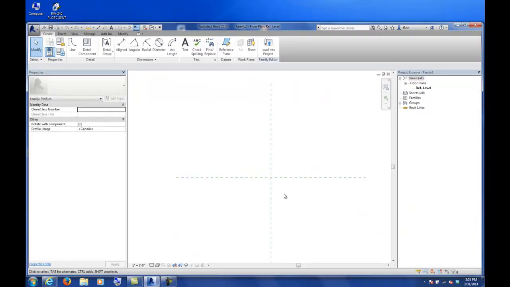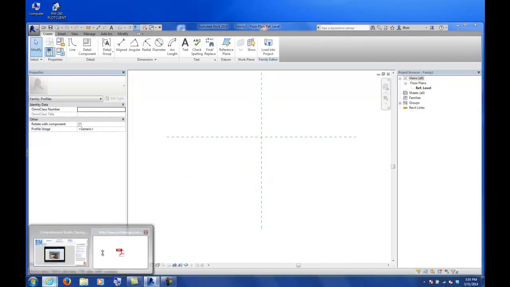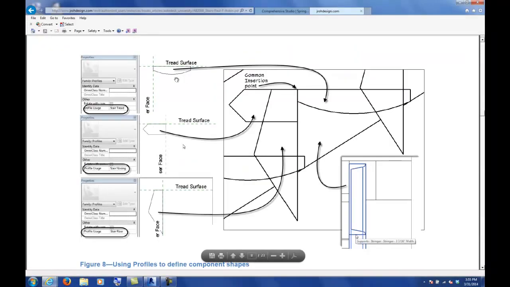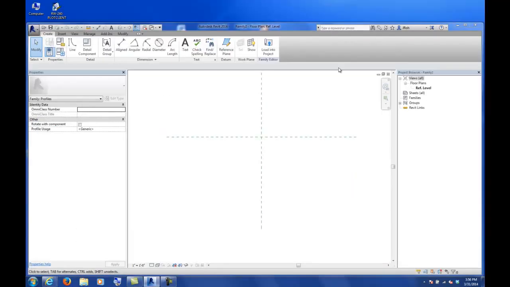Now remember that diagram, which I still have up. If we want to make a tread and we want to customize it in some way, we want to draw our tread in this section of the lower right profile. This over to the left will be our nosings, and then we've got risers over here to the bottom left. So I'm going to do a stair tread at the moment, and let's go ahead and draw